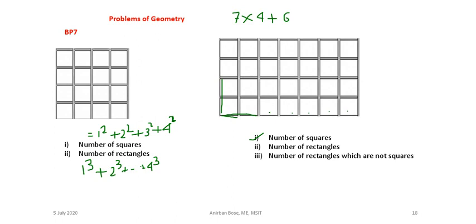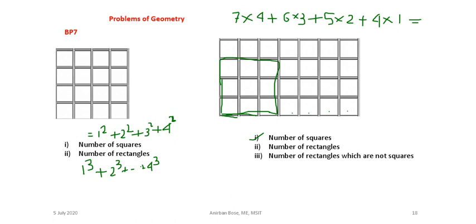Just 1 less than this. So 7, 1 less than that is 6. And similarly from 4 you subtract 1, that is 3. Then you increase the side of the square to 3 by 3, and you get 1 less again, so 5 into 2. Then again you subtract 1, so 4 into 1. After that, if you subtract, it becomes 0, so we need not consider it. So this will be the answer for the number of squares present in a rectangular matrix.